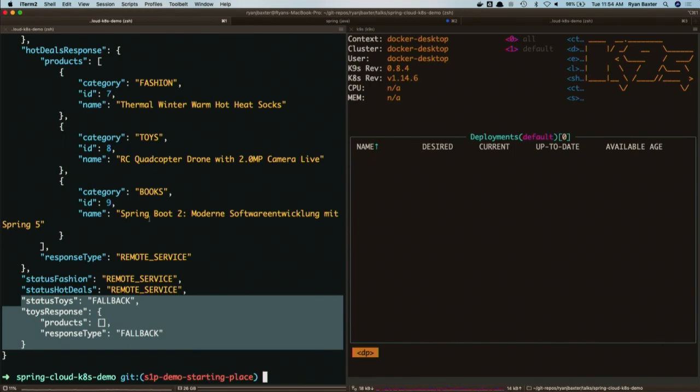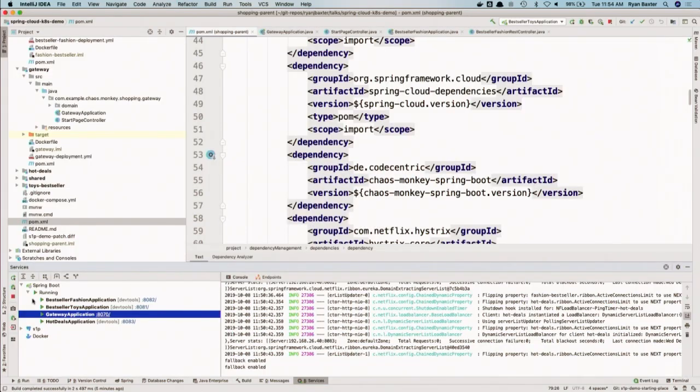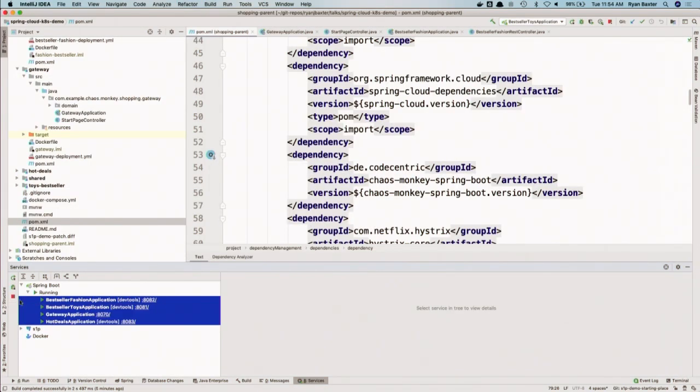Thank you. All right. So now, this whole session is about Kubernetes, right? So what we want to do is get these apps running on Kubernetes, and in an ideal world, we want to do this without making any code changes. I don't want to touch a single line of code. I just want to maybe manipulate some configuration properties, maybe add a configuration properties file for Kubernetes specifically, and do some stuff that way, right?